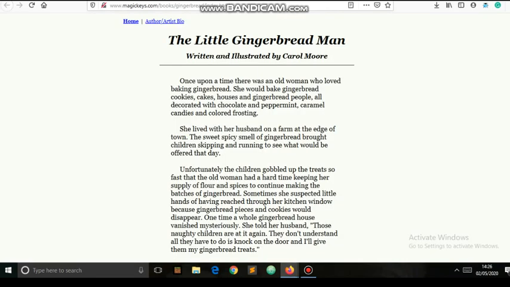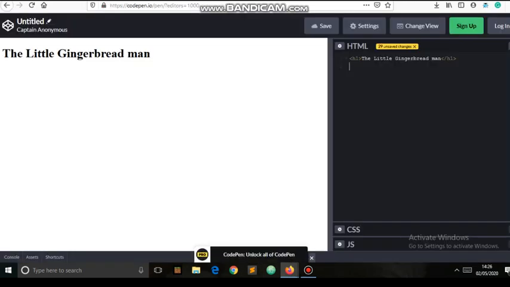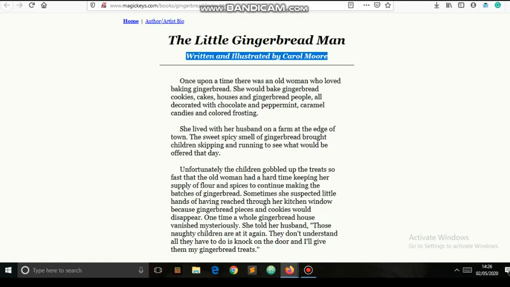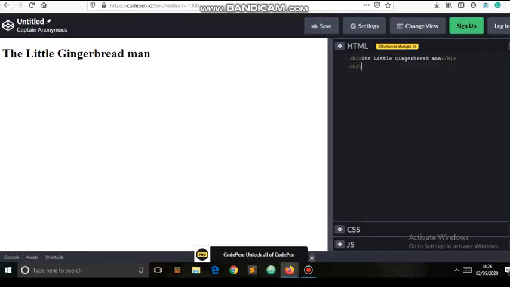For writing this smaller text, which is also a heading but somewhat smaller, there is another tag named the h2 tag, which is also a heading element tag. Now you can see that this second heading, which is the writer's name, is somewhat smaller.